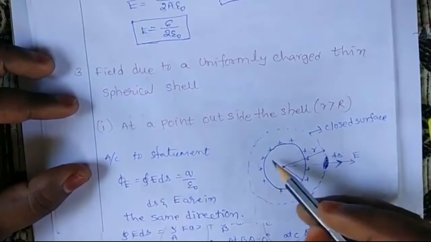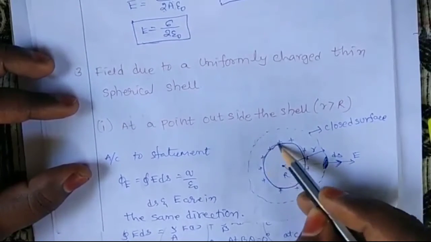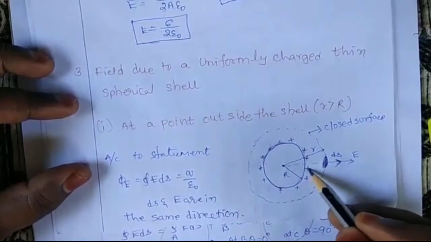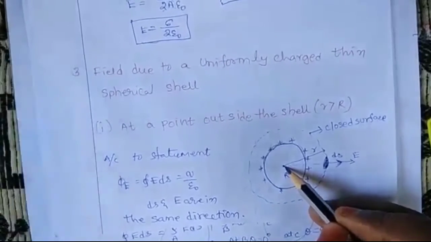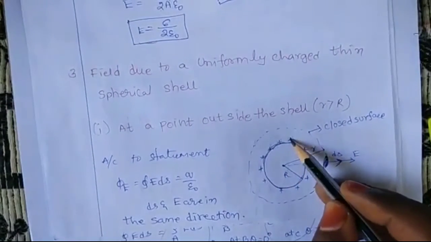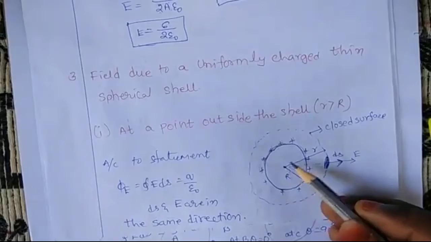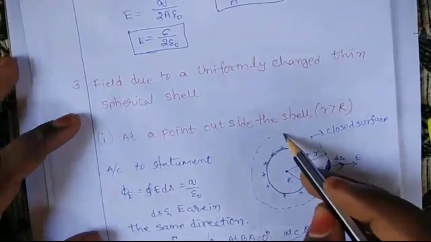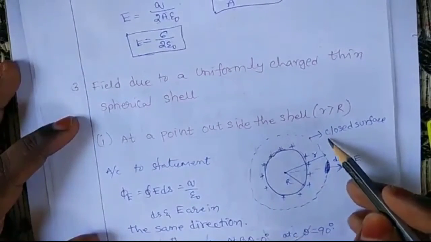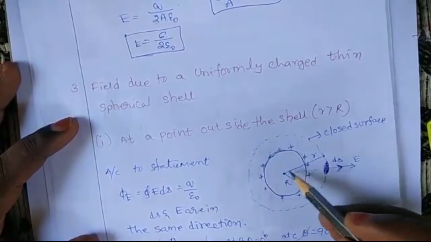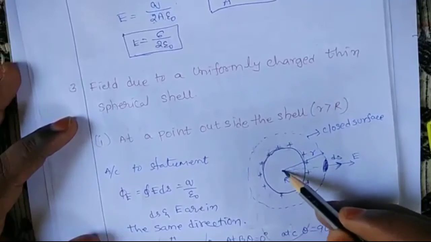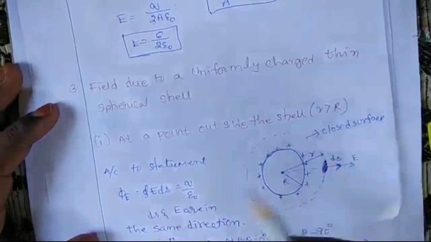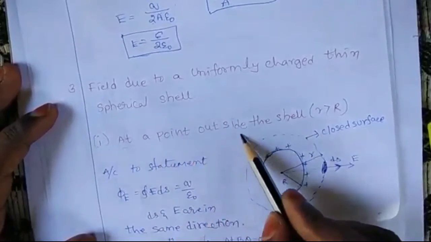This is the Gaussian surface. This is a sphere of charge, denoted by positive charge. Inside the sphere there is no charge, because charge always resides on the surface, not inside the body. The dotted line indicates the closed surface, or Gaussian surface. The radius of the original sphere is R. The radius of the Gaussian surface is smaller. So here the case is at a point outside the shell.